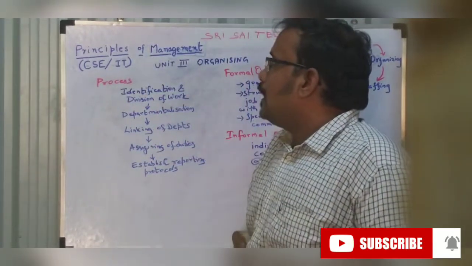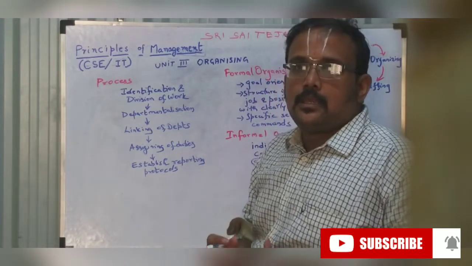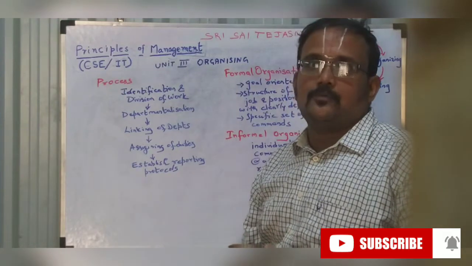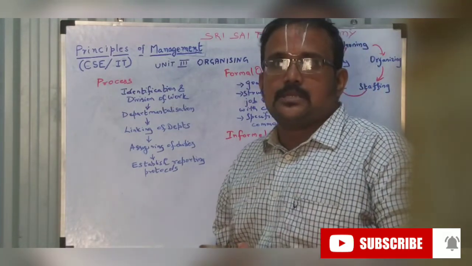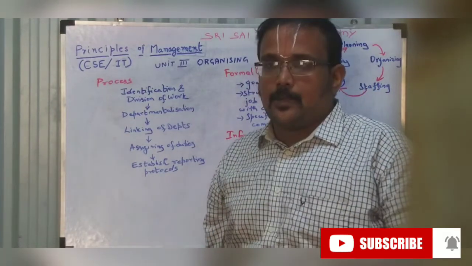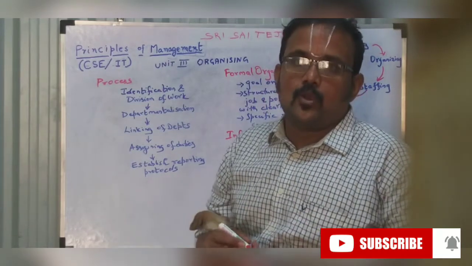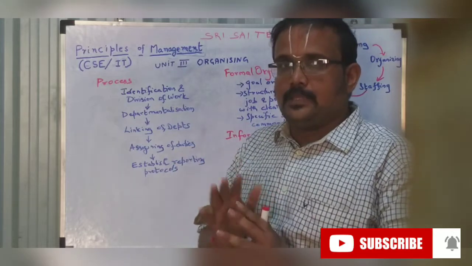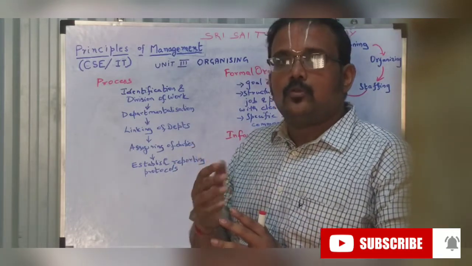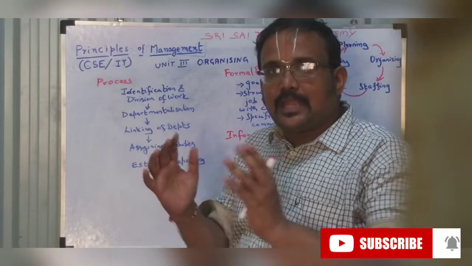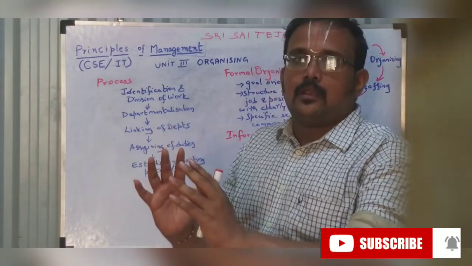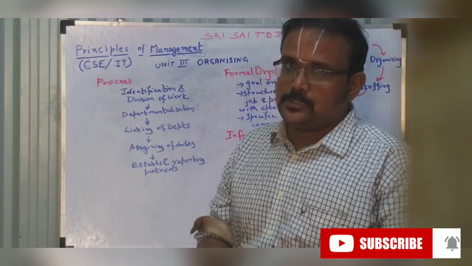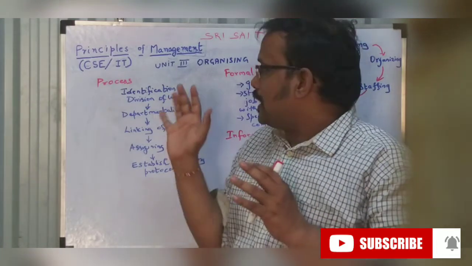Organizing is, in the previous unit you have done planning. So what you have done, you have set the objective, you know what for this organization you are setting up a company, what sort of work you are going to do, how you are going to do, everything has been planned in the previous unit. Now you are going to get things together for executing your business. So that is organizing.